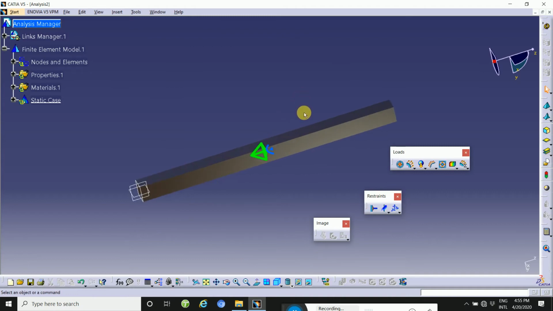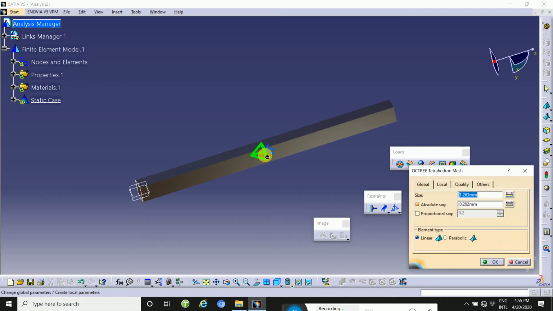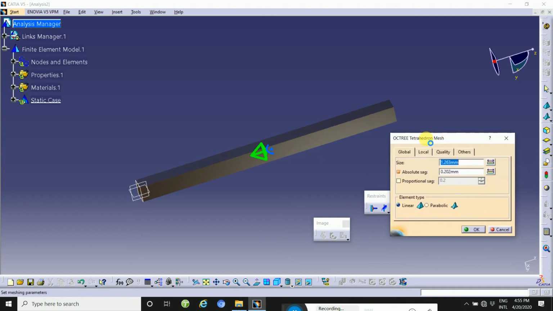Then OK, and you'll see this is the mesh structure. To select the size, double click and you will find the size. Change the mesh size as your requirement.